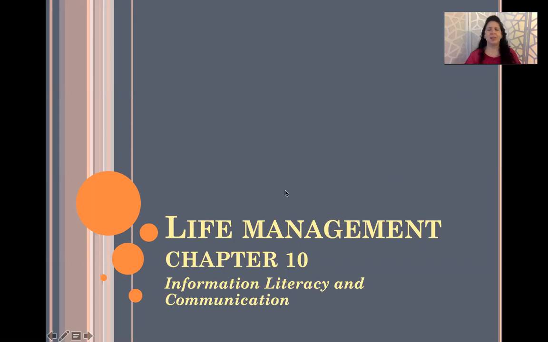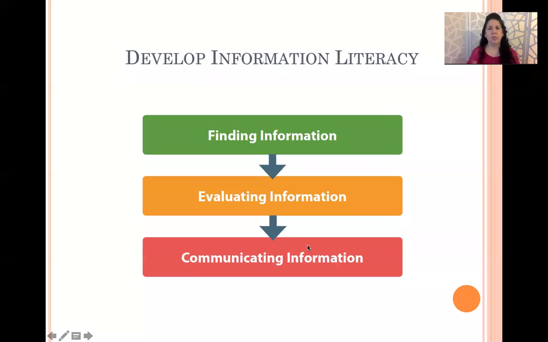So what does that mean, information literacy? We're really talking about using resources to gather information, such as the library, the internet, books, research journals, articles. So these are all places that we gather information from. So we're going to talk about the correct way to do it and the incorrect way to do it. Again, we want to find information, and once we find something on the internet, then you want to evaluate the information to determine, is it accurate?